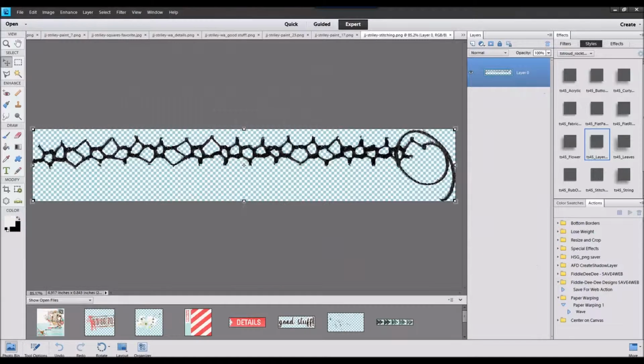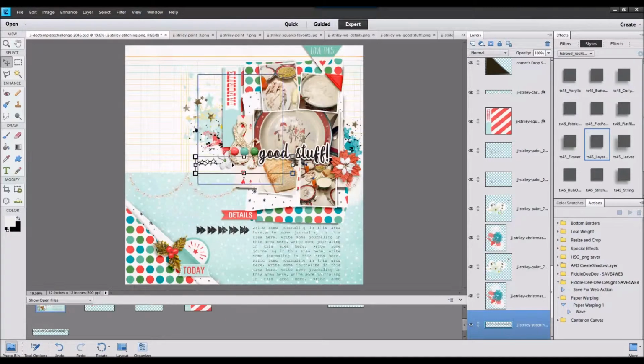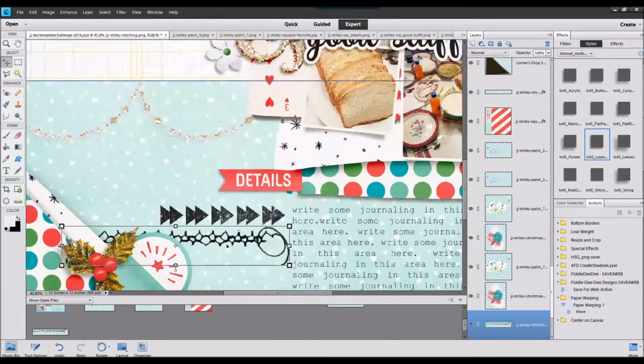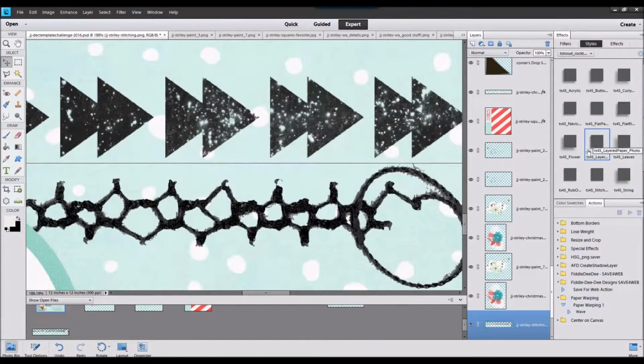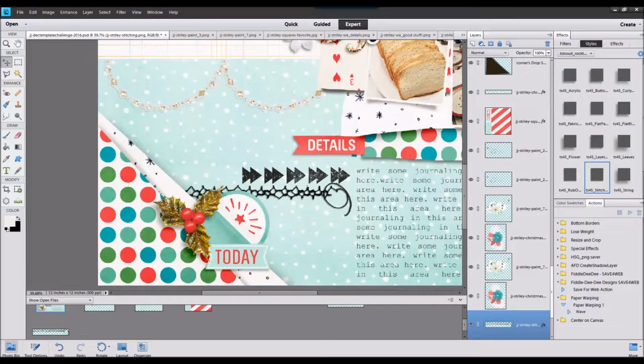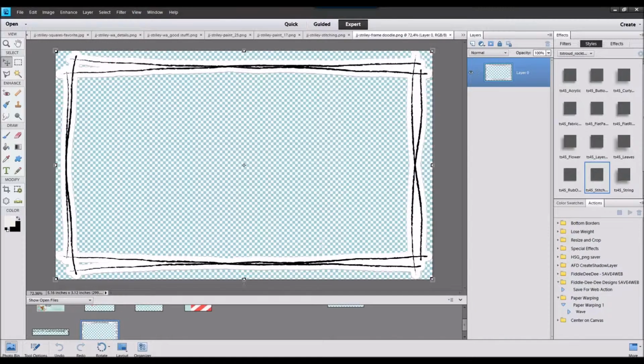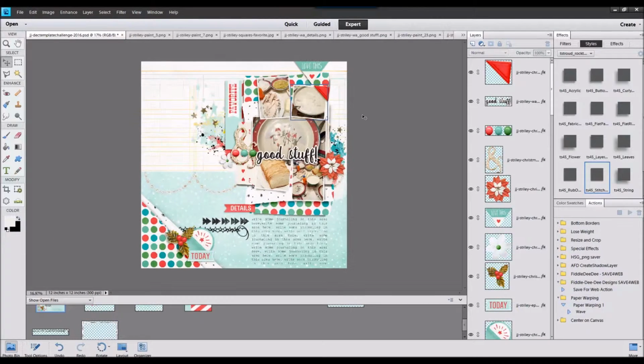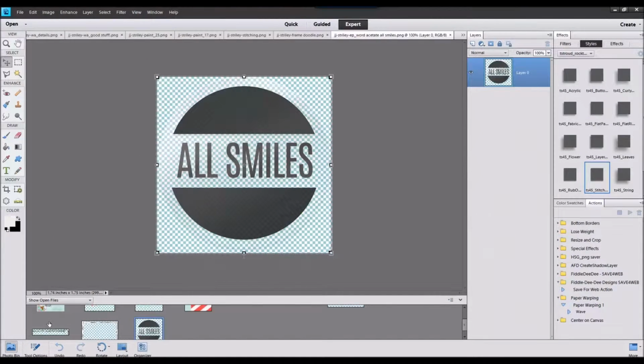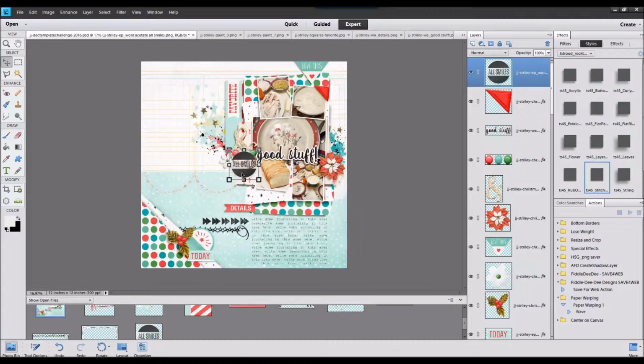Okay, I think I'm looking, oh, some stitching. So I had put the good stuff above the photos in that little title spot, and I really wanted to add some more black, so you saw me add some black splatters, and so now I'm looking to add some more stuff. So I have the black arrows, the black stitching, and I'm just kind of seeing, okay, what can I add here and